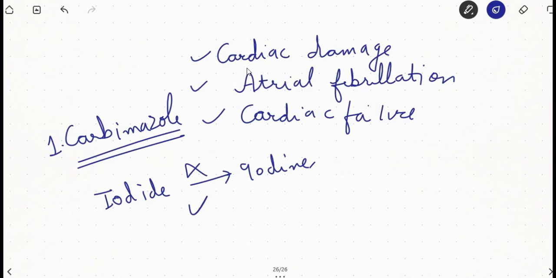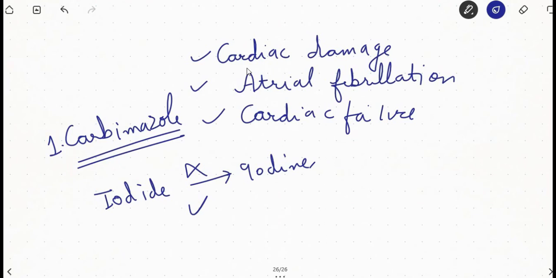And the side effect includes the dangerous agranulocytosis. Lugol's iodine can be given to reduce the vascularity of the gland before the surgery. In case of solitary toxic nodule, the treatment: it is not under the control of TSH. The control of toxicity is in the usual manner. We can give carbimazole, propylthiouracil.